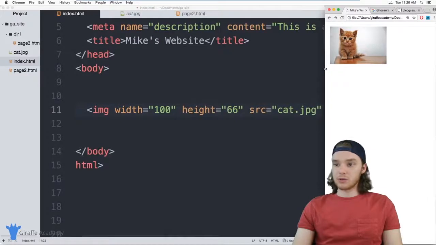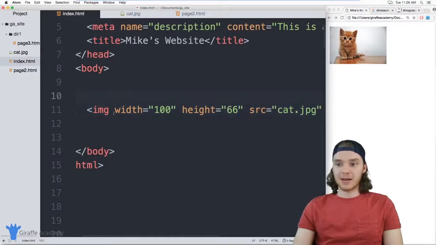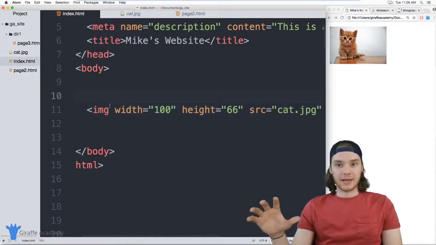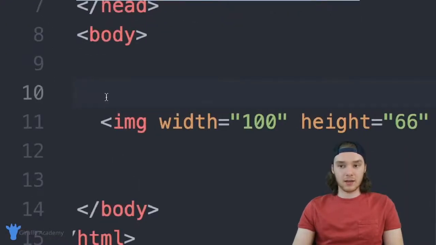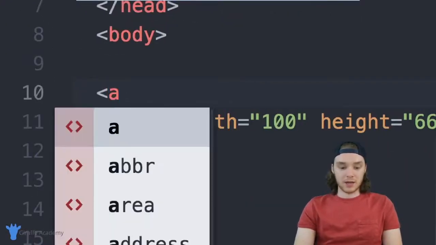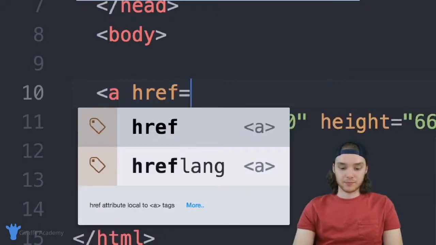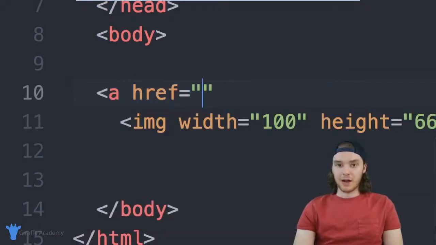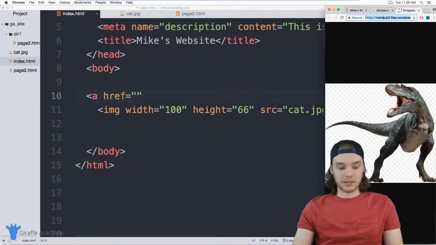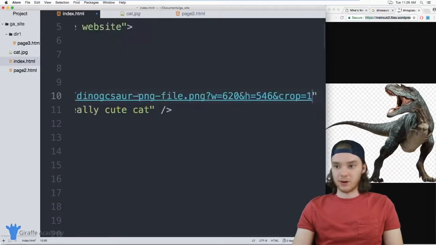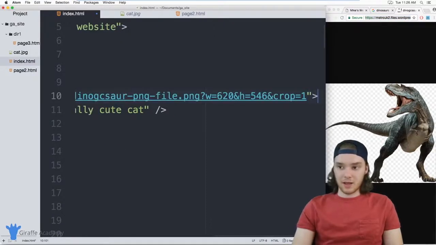And you can also use other things with images. So I could combine this image with a link, for example. I could come over here and create a link tag, and we can just say a, and we'll give this an href. And inside here, I could put whatever link I wanted to. So for example, I could link this to this dinosaur picture, right? I could put the URL for the dinosaur in there, and